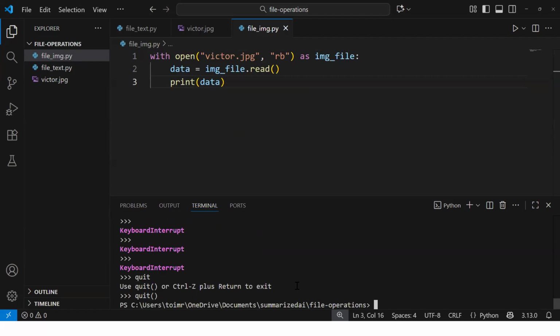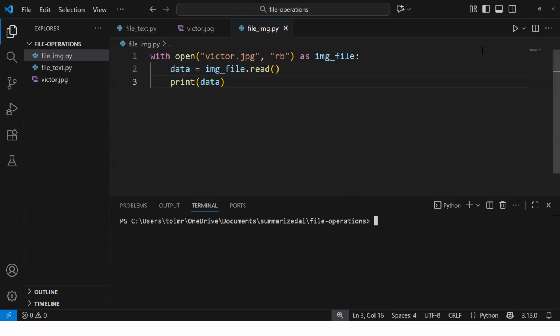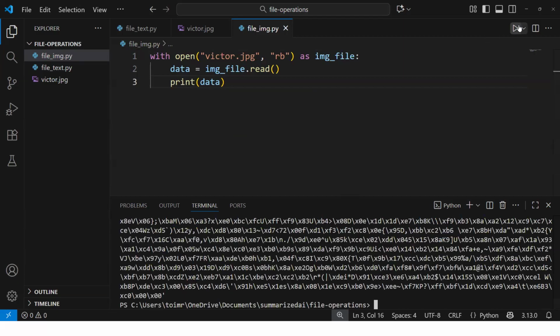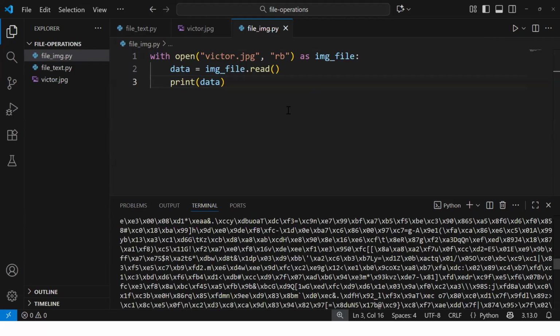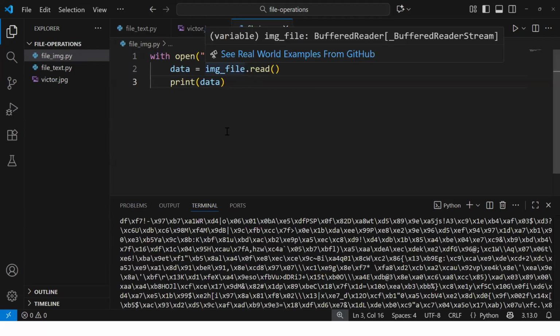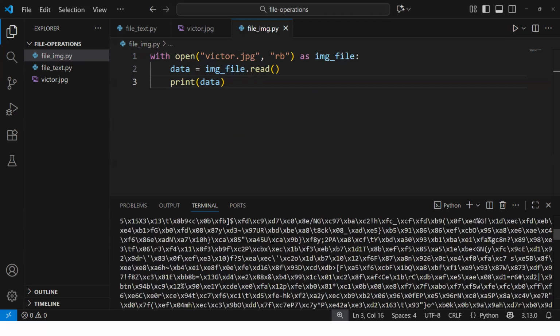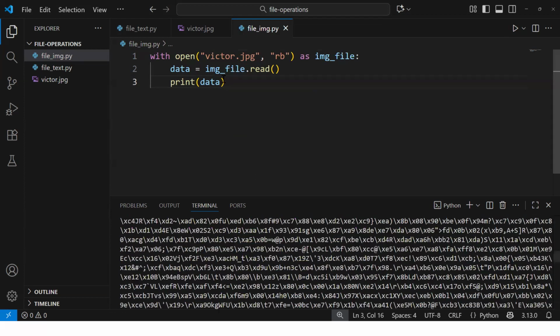Okay, we quit from there. Now let me again run this code. I can see the binary here. I think earlier I typed something and ran that code, so we got the binary. Okay, so what we're gonna do here, we are going to read this particular binary and write into one of